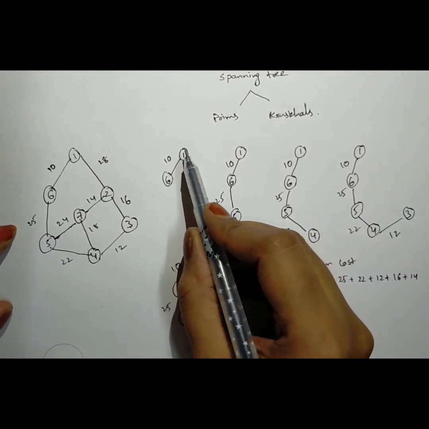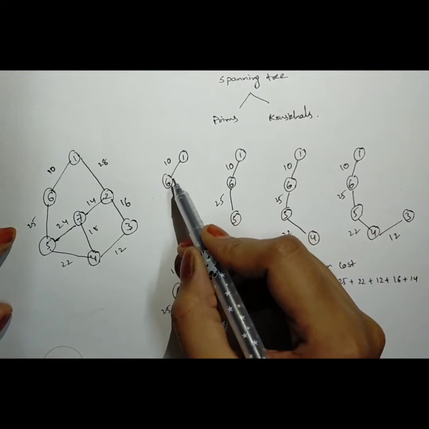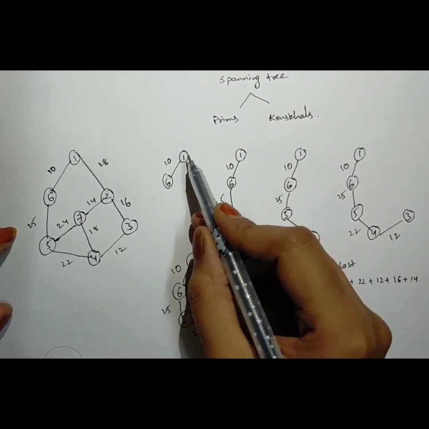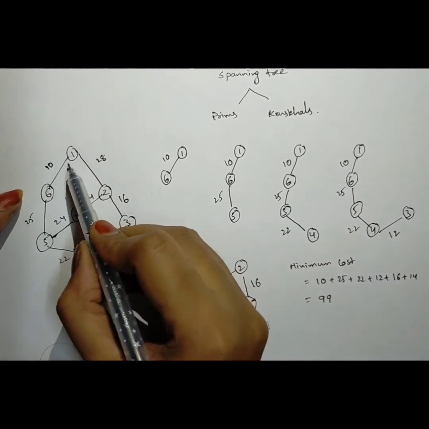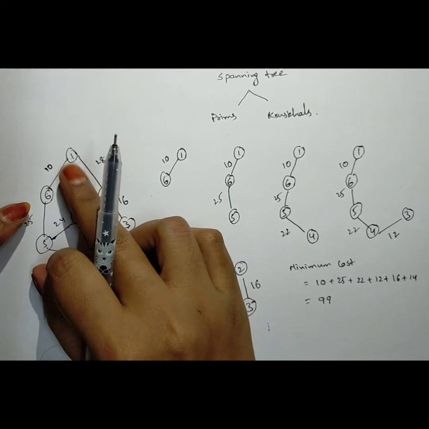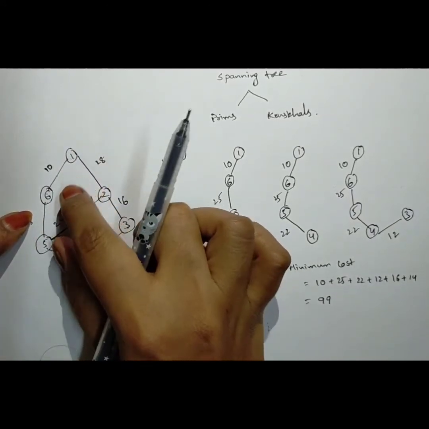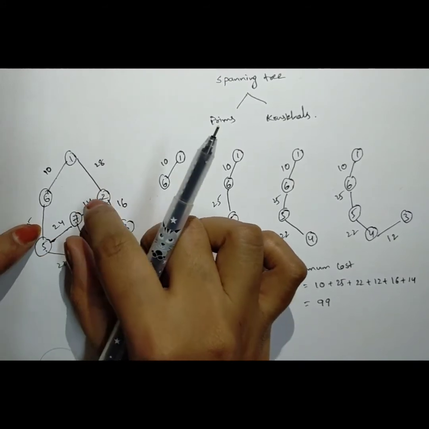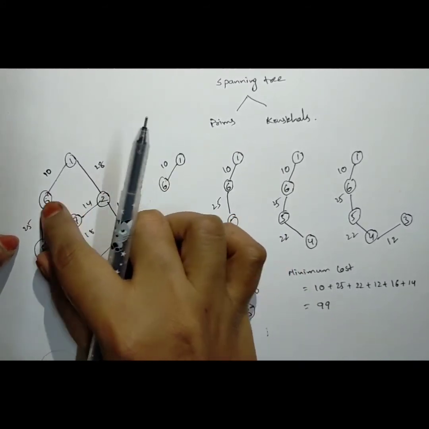While I was explaining the greedy method, I told you that at every step you need to choose the optimal choice. See, first we consider node 1, and in this position we are considering the adjacency nodes. From 1 we have 2 different adjacency nodes. Here we need to choose. This is the optimal choice.